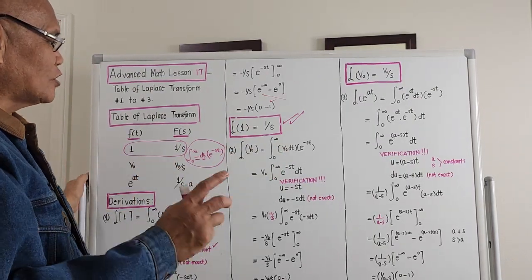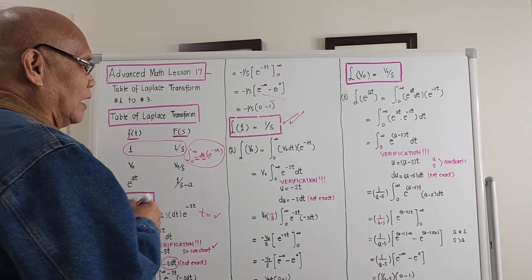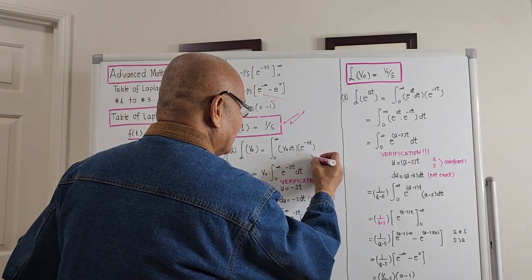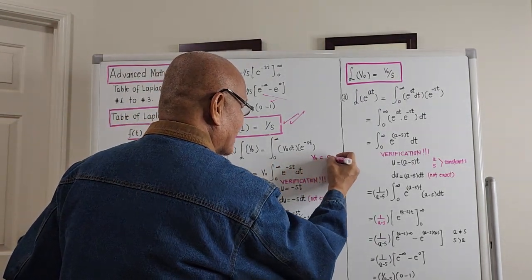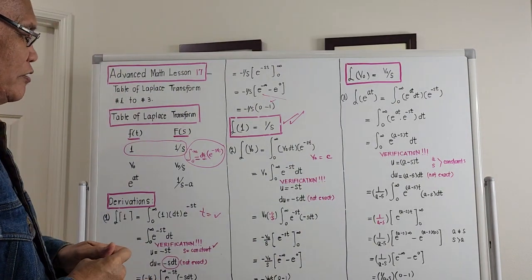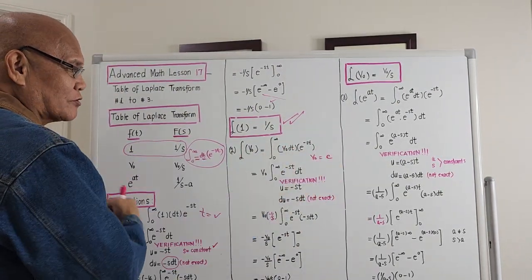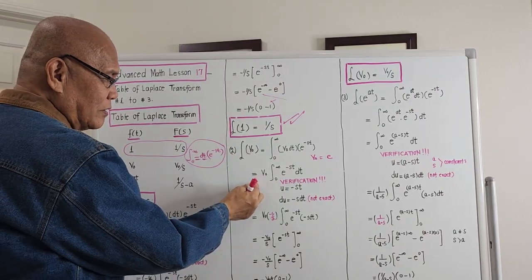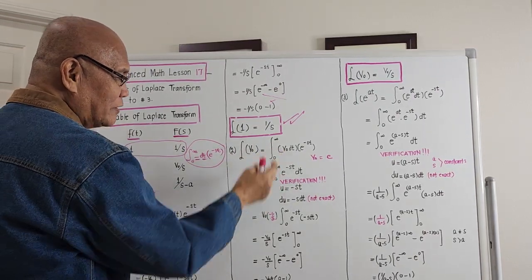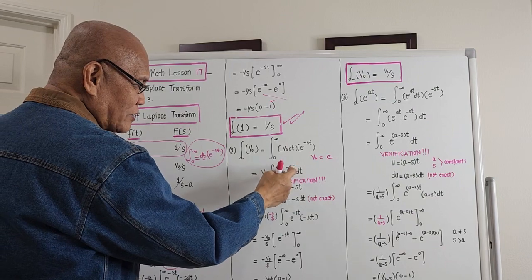So this should now be equal to V sub 0, which is a constant. If we integrate the right hand side, all constants should come out. So this should now be V sub 0 times the integral from 0 to infinity of e raised to minus st